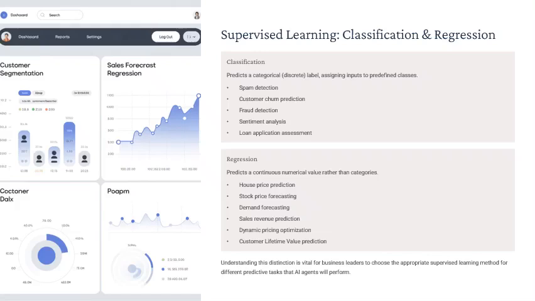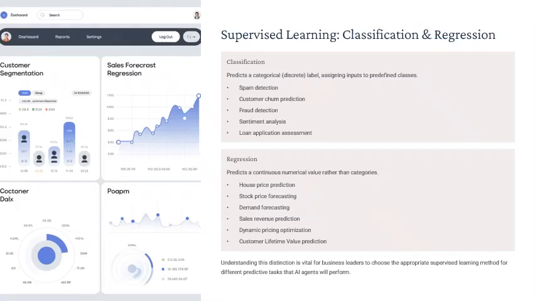Gotcha. And for a business leader, look, understanding this distinction isn't just academic jargon, it's really practical. How so? Well, if you need your AI agent to decide whether to approve a loan application, yes or no, that's a classification problem. Okay. If you need it to set a specific price for a product or estimate next year's revenue figure, that's a regression problem. All right. Different kinds of answers needed. Exactly. Knowing which type of supervised learning applies to which specific business problem is really the first step in figuring out where you can leverage ML for tangible results.